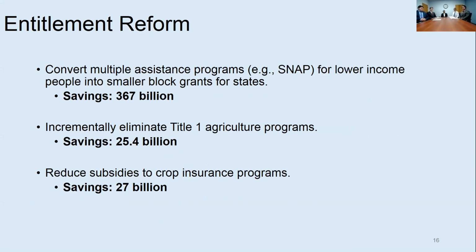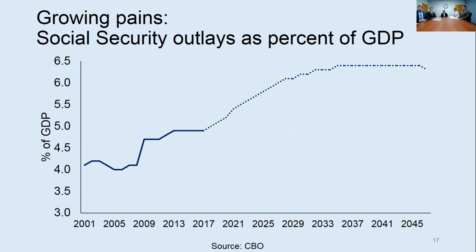The first option in entitlement reform provides better allocation than if done at the federal level. While we do place more responsibility on states, in the long run this will be more efficient and states will be better at making the tough choices that correspond with entitlement spending. The second two options, while small, will increase efficiency in the agricultural insurance market and correct for deadweight loss currently in the market. It is shown here that as more and more baby boomers retire, outlays of Social Security increase